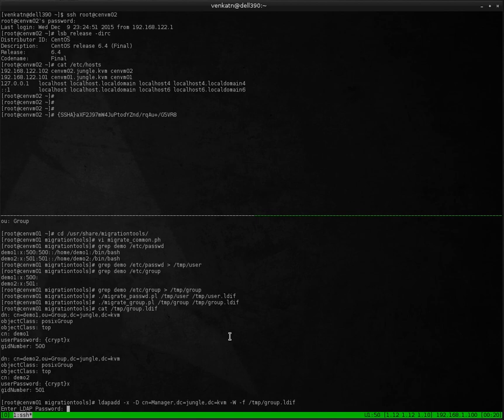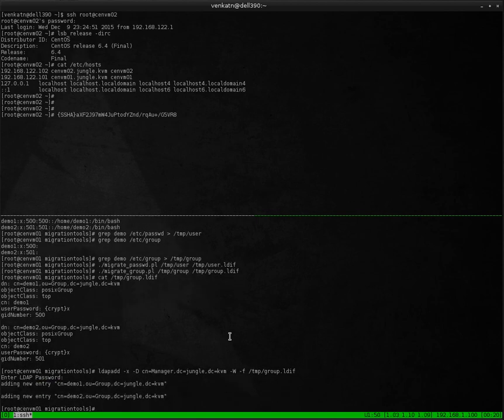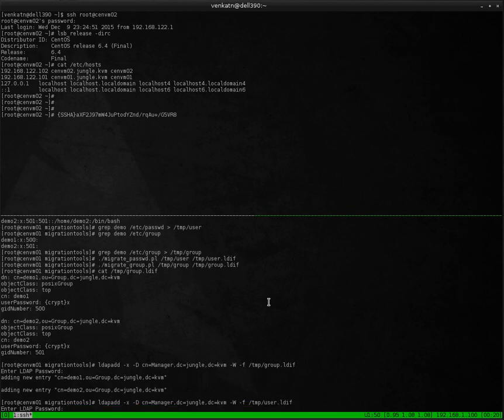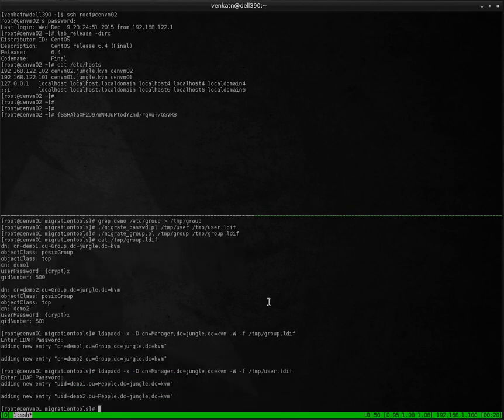LDAP password. Okay, it has added two new groups to the organizational unit group. Let's do the same for the user file. Okay, cool. So our LDAP server is set up